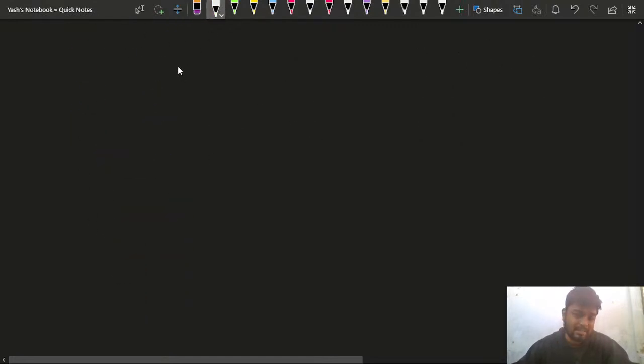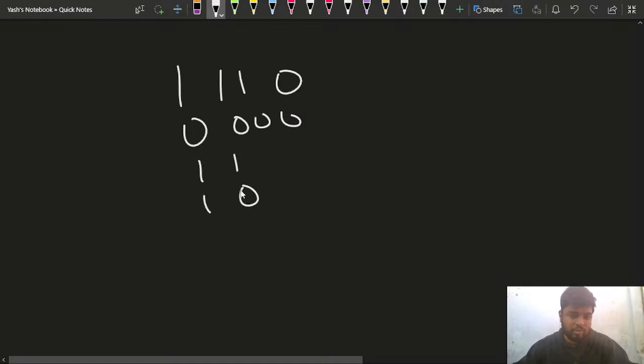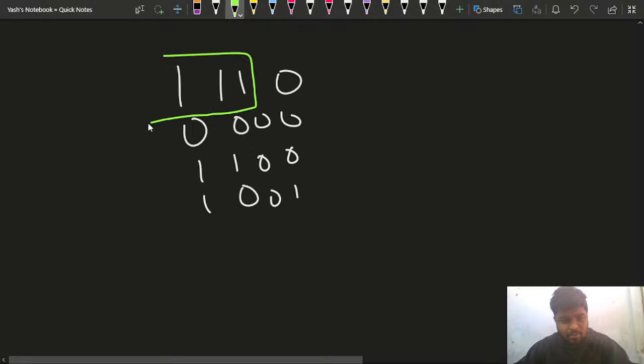Let's look at another test case. So let's say this was 1 1 1 and this was 0, this was 0, this was 0, this was 0, this was 0. Suppose that this was 1 1, suppose this was 1, suppose this was 0 0 0, and suppose this was something like 1 and 0, right? If this was the case, then I can safely say that this much part is one